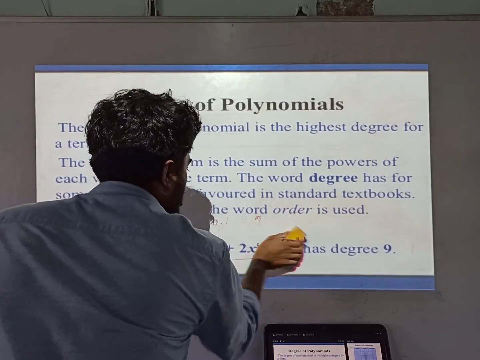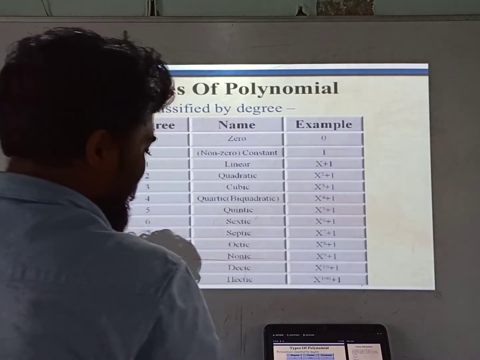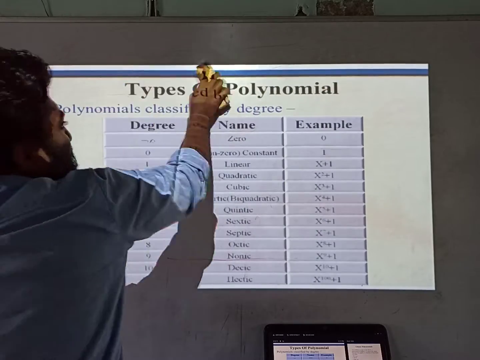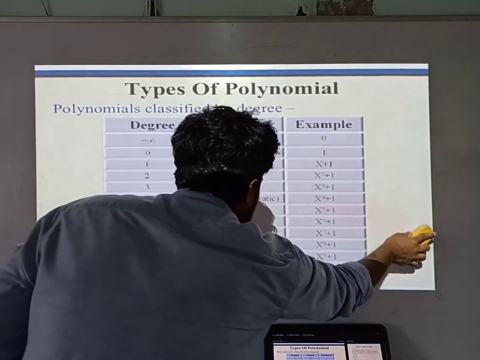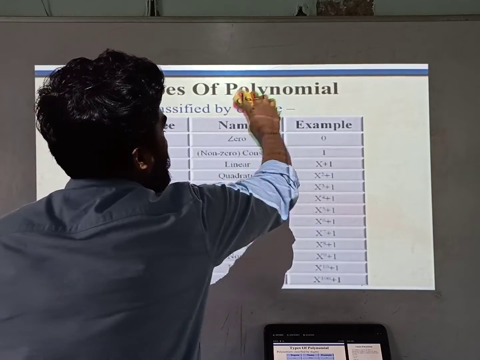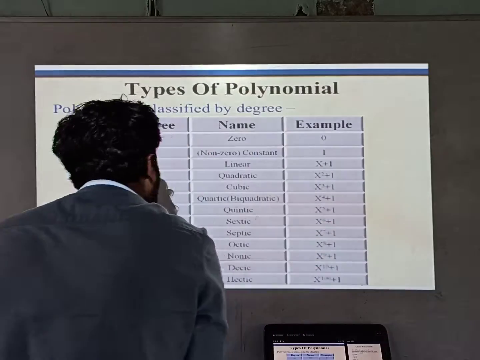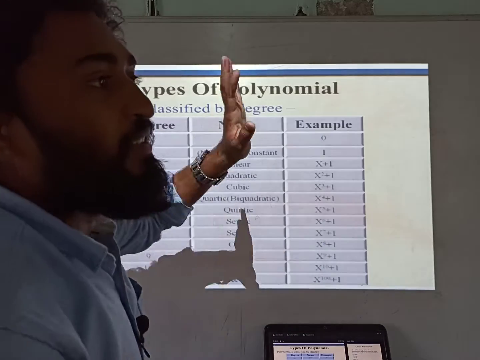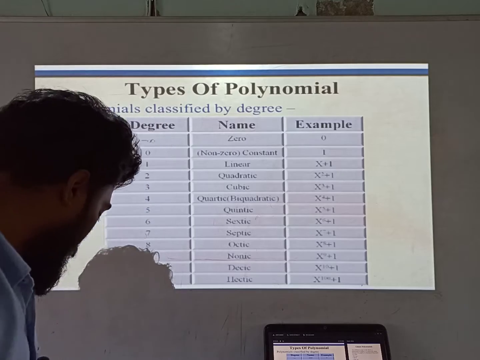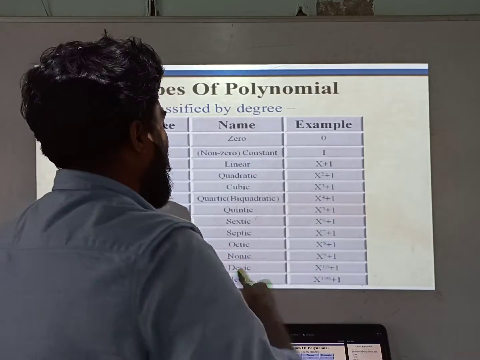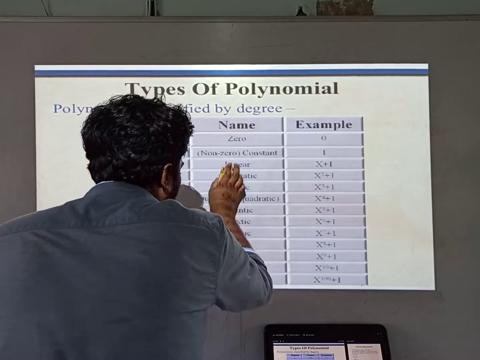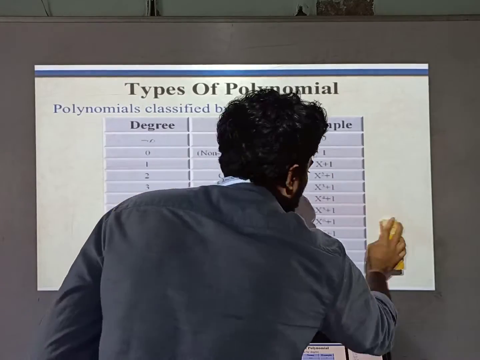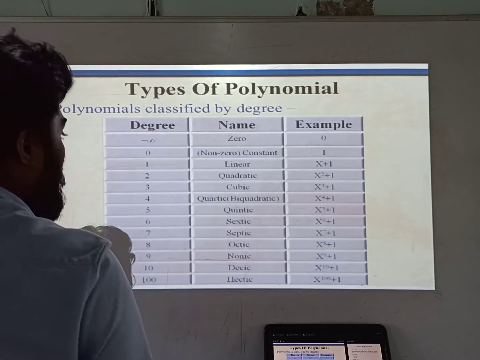So next part. What is next? Next is types of polynomials. Okay, let us discuss about types of polynomials. These are very important things, very easy things actually, as well as important. You have to understand. Just you need to know what is that, what is this, what was that. That is why I am just touching all these things and making you understand. Through examples, when you solve questions, that time you will understand more. Just you need to know what is coefficient, what is variable, what is power, what is degree, and so on. Now we'll discuss about types of polynomials.